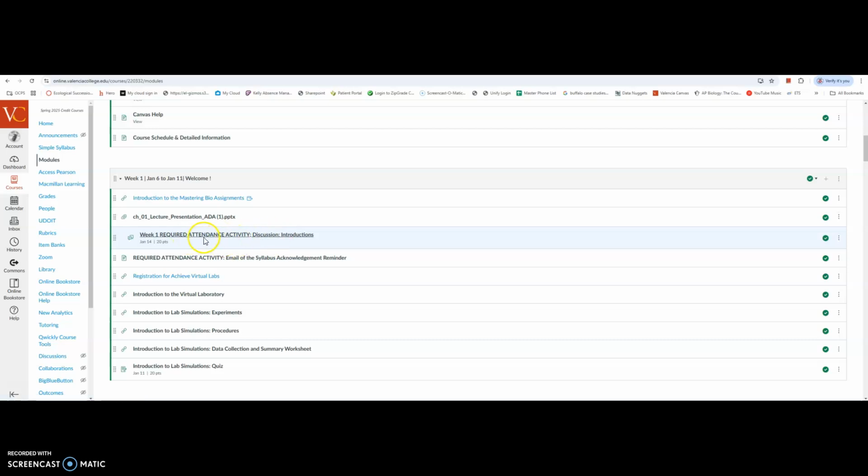And these are the discussion forums. You can notice it says required attendance activity. And then another required attendance activity will be reminding you to email me the acknowledgement that you have reviewed the syllabus. And then for the lab, if you click in here, it will take you to the registration platform